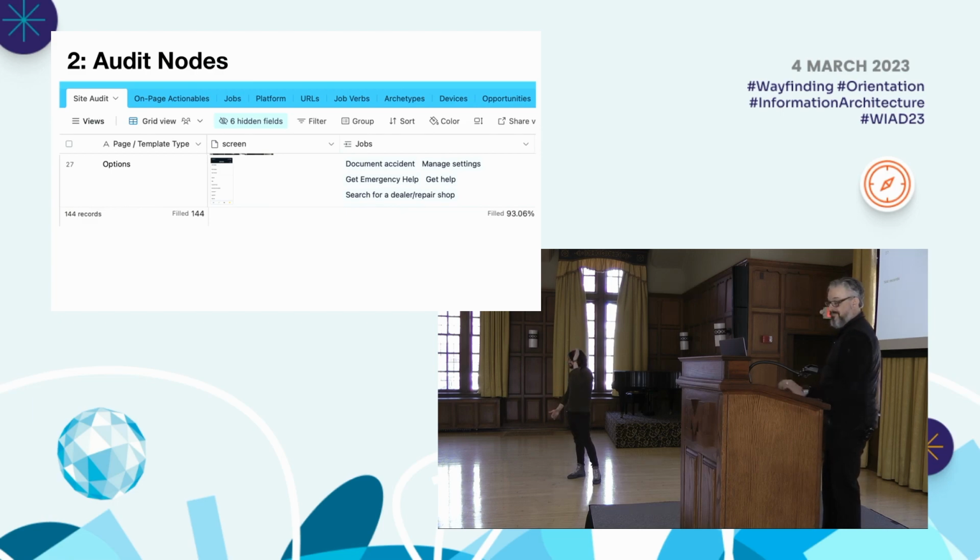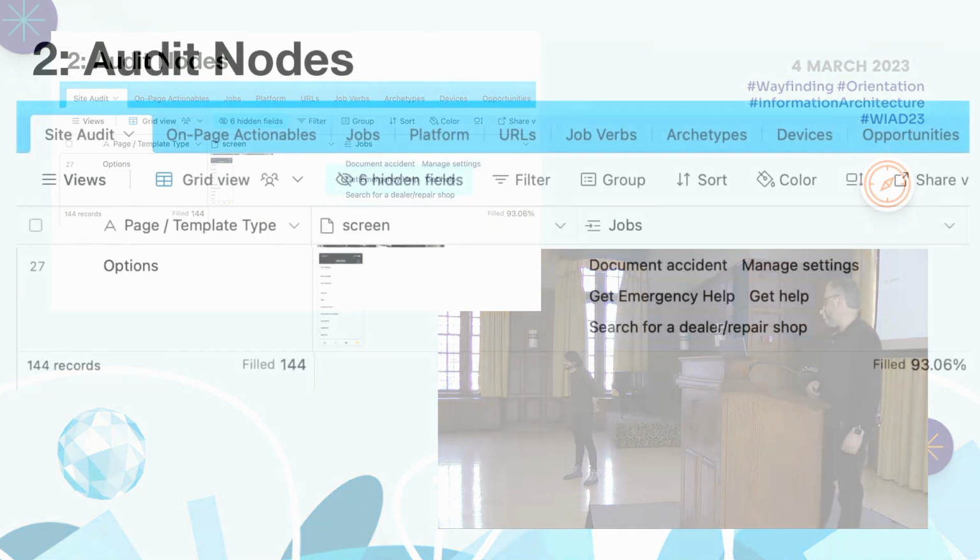It's a real slog, top to bottom, looking through each of these nodes and saying, okay, what are the jobs that somebody can accomplish here? And one of the reasons we really love Airtable for this is because you can start to create a controlled vocabulary as you go, because you're going to have to do this maybe 200 to 1,000 times, and it would be nice if you used some of the same words. So you go through, start looking and document them along for each node.